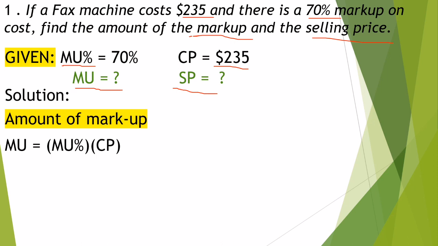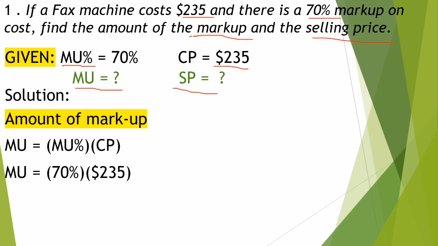So first, we're going to compute first the markup. The previous one, we compute first the selling price. Okay, so for our markup percentage, we have 70%. So substitute MU percentage is equal to 70% and CP is